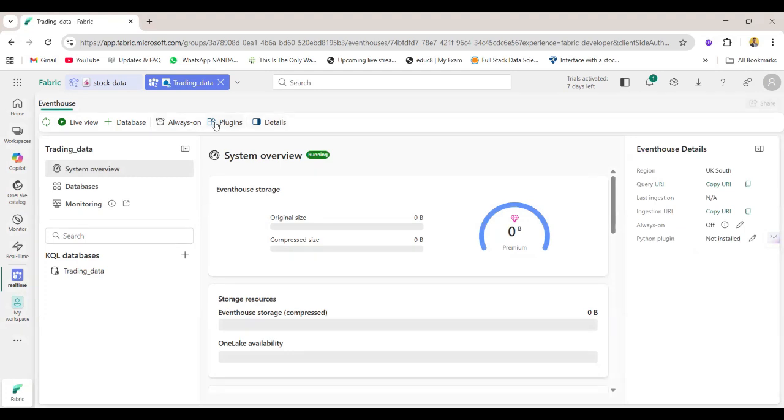Then you can add some plugins if you want to use this data in other workloads like Tableau or anything; then you can make use of these plugins. So this is the refresh button, and these are the databases. If you want to create another database under this, you can just click on this and create a database. You can see the region where this Eventhouse has been created, and this is the query URI. URI is something like a URL itself,